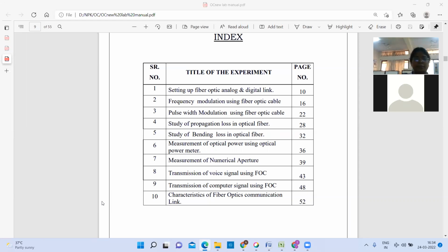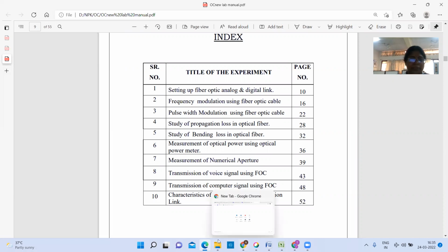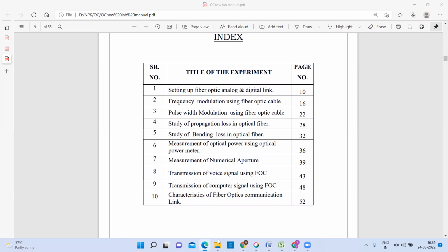Okay, written the list of experiments? Yes. So just wait 1 minute. Okay, so